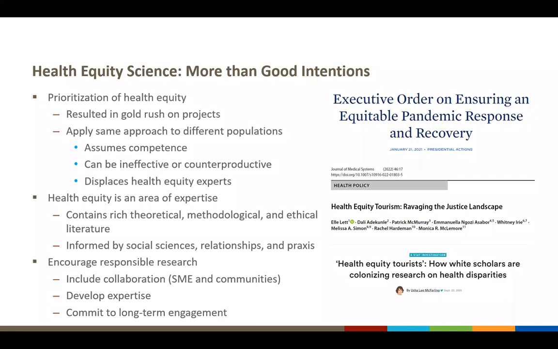And so this isn't to suggest that we aren't encouraging or inviting additional people to come engage in occupational health equity research. Of course, we'd love to see that. We just want to encourage folks to do it responsibly and take a minute and think, do I have the expertise necessary to do this? And if not, how can I develop that? And so we'd recommend really looking at including collaborations with subject matter experts in health equity if you haven't developed